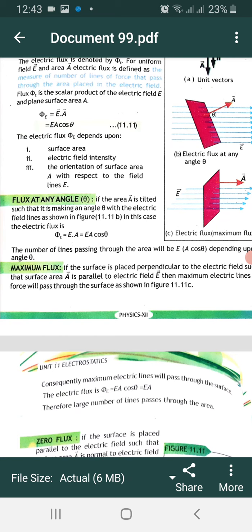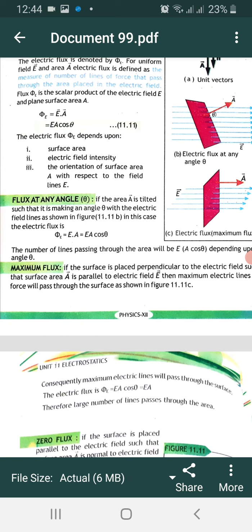When the normal to the surface area and the electric field lines are parallel, then the electric flux will be maximum. Of course, in that situation, more area is exposed to the electric field lines. So therefore, in that situation, the electric flux, the number of lines crossing the surface area, will be maximum,